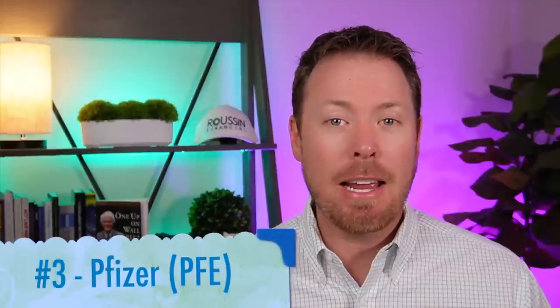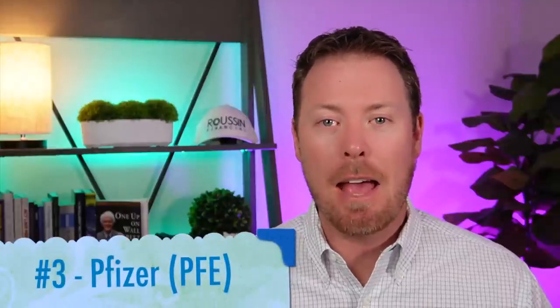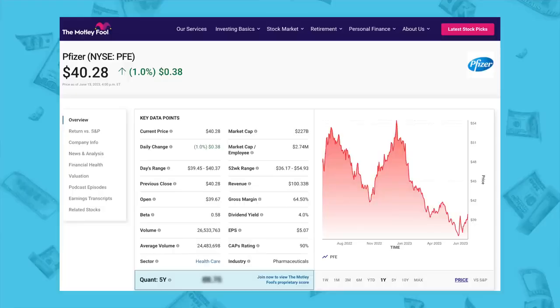Dividend stock number 3 is Pfizer, stock ticker PFE. Pfizer has been at the forefront and in the news a ton over the past few years as we went through the pandemic, as they had one of the leading vaccines around for US consumers and around the world. The company currently has a market cap of $227 billion, and over the past 12 months, shares of PFE have